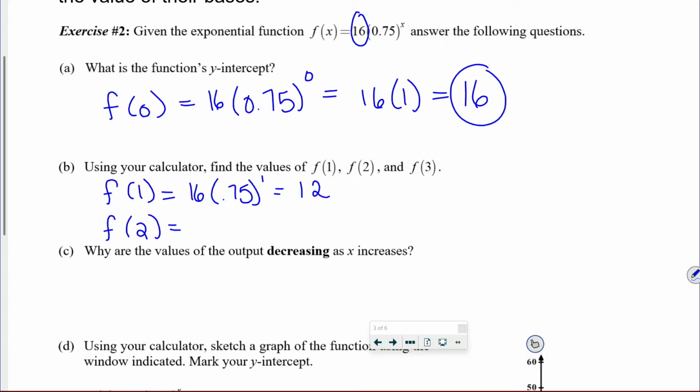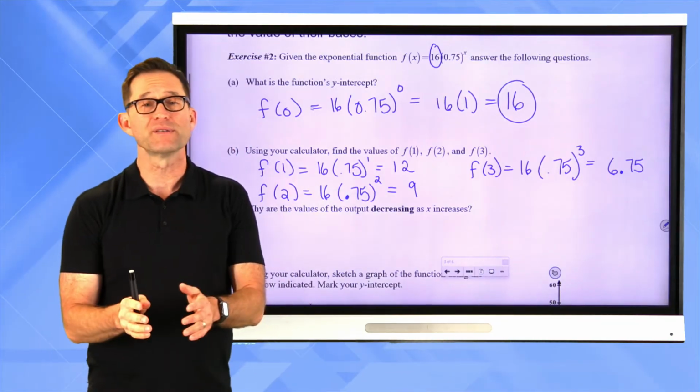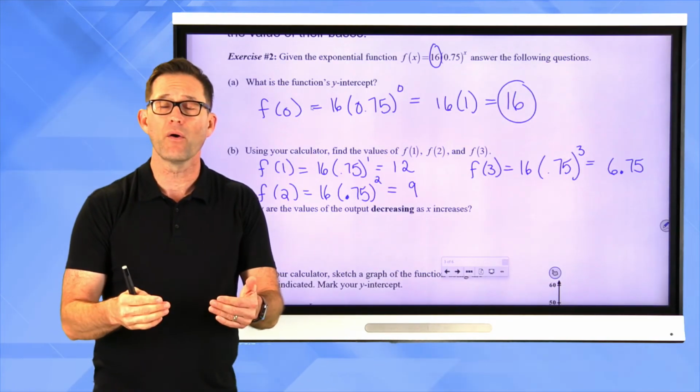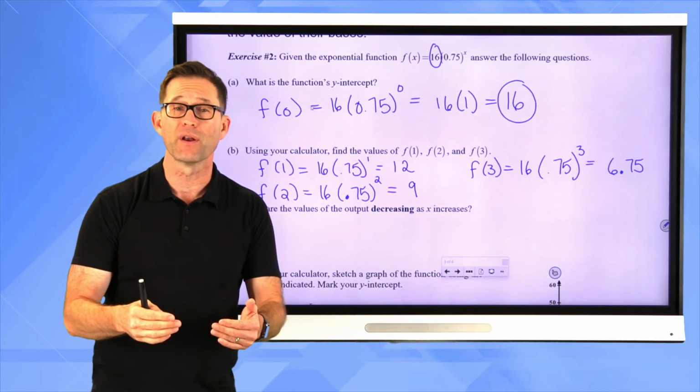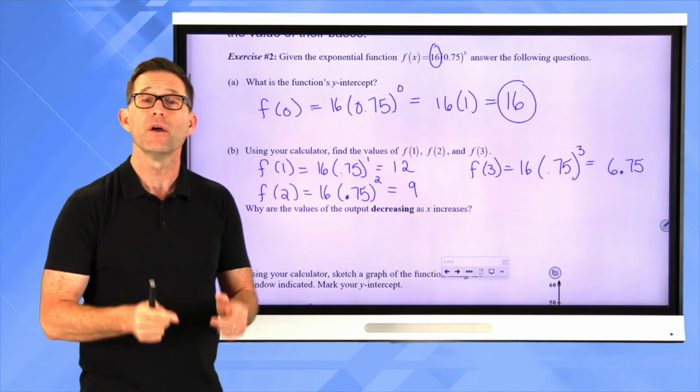f of 2 is 16 times 0.75 to the second. So I'm multiplying 16 by 0.75 two times. That's also a pretty nice number, 9. And f of 3, 16 times 0.75 to the third, a little bit less nice, but still not too bad, 6.75. So when I multiply by 0.75 once, I go from 16 down to 12, 0.75 again, I go from 12 down to 9, and then 0.75 one more time from 9 down to 6.75, which leads us then to